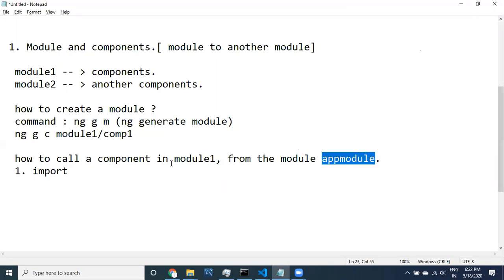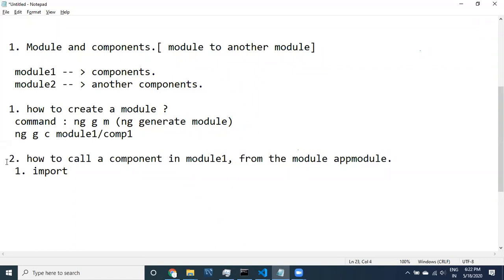See here, guys, these are the two important things. Remember this, the same question: this is the first question and this is the second question. These questions are very specific to module 1 and the app module. I'm going to give you the answer specific to this question so that you can understand easily.